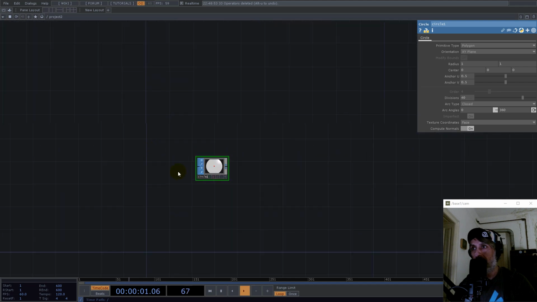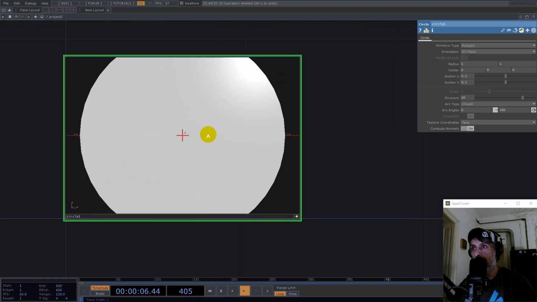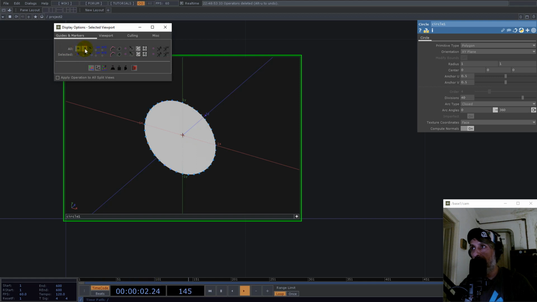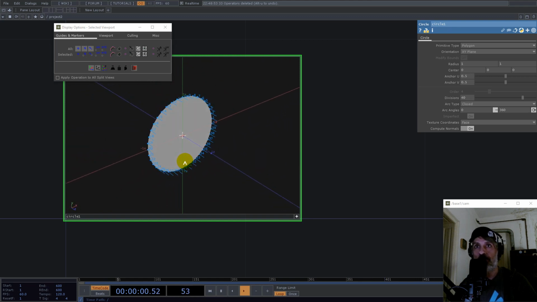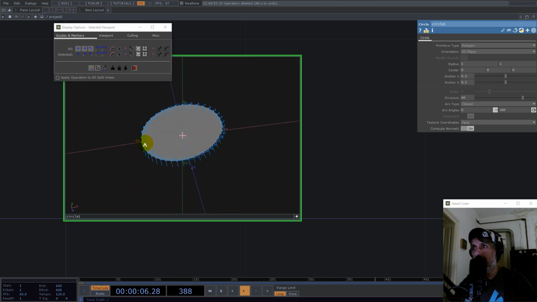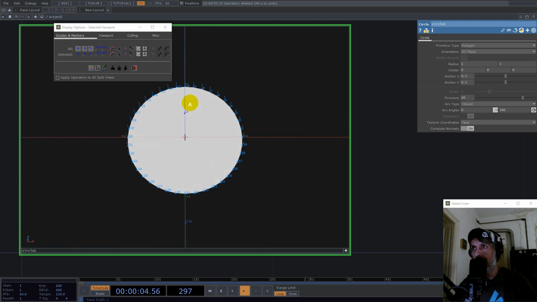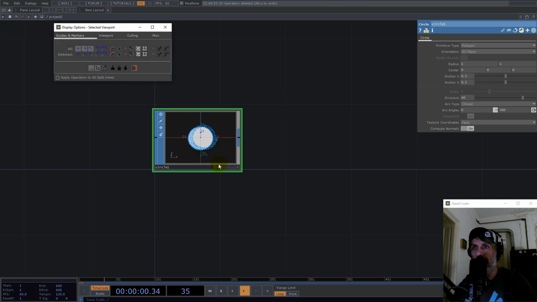So we have a circle, and we want to see the normals. So display options, points, index numbers, and normals. You notice the normals are oriented in Z, and you can have only three options along the three axes. If you'd like to have them as sunny rays, I find a good solution is to just build